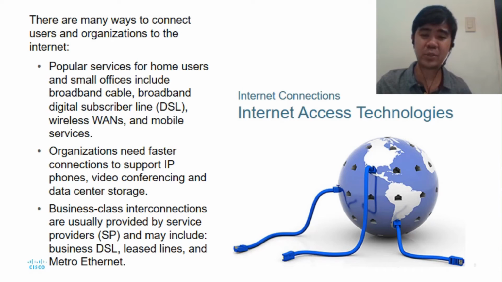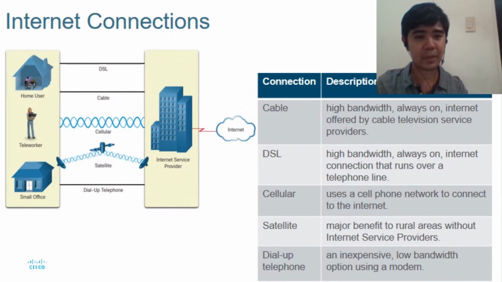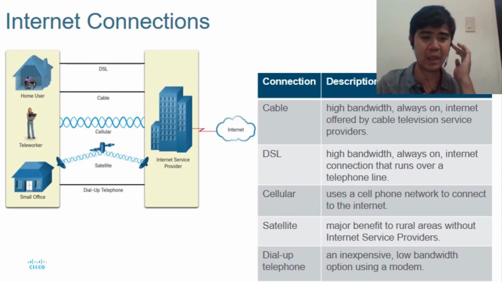Okay, another way for us to connect to the internet is through wireless, through cellular or through satellite. Okay, but the popular is through cellular mobile data, as we call it, provided by Globe and Smart. Another is through cable, Sky. That is Sky, our provider here. There's also internet technologies designed for companies, for businesses. So again, when we refer to internet connection, we have DSL, cable, cellular, satellite, and the old one, dial-up.